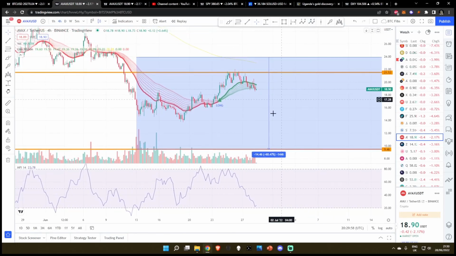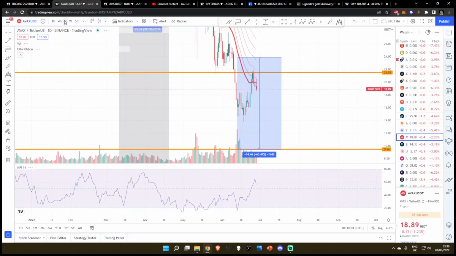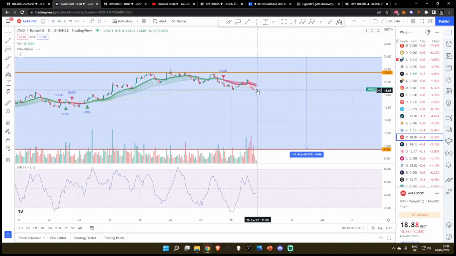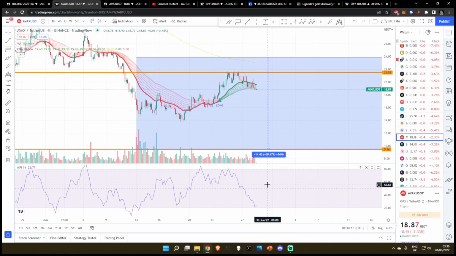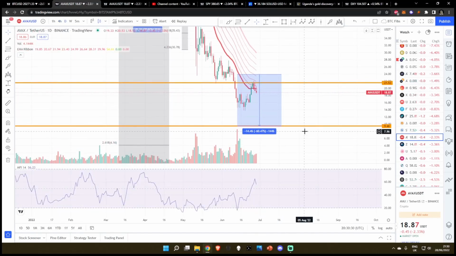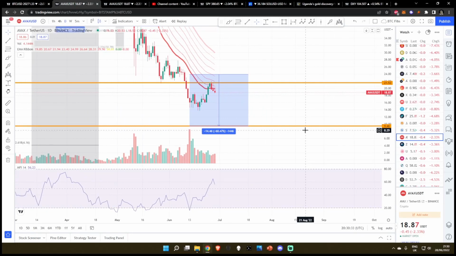If we do look at the 4-hourly time frame, you can already see while the daily money flow is starting to head down, the 4-hour has already started to drastically sell off. I imagine in the lower time frames like the 1 hour, if we do come up to like $19.50, retest the hourly EMA ribbons, this will have a slight relief rally, and subsequently we'll be getting ready for that next major flush out after we have a major capitulation below $18.85. This is basically where the long-term moving average on the 4-hourly EMA ribbons are, and if we do lose this, we're going to start to see a pretty big slide back down.